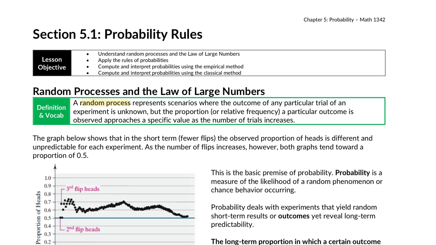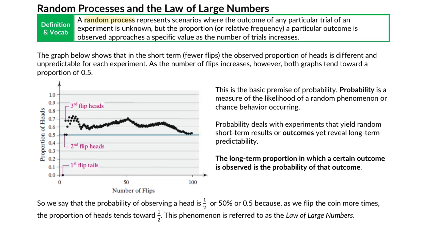So what we're explaining here, and the very basics of probability, you're going to naturally understand. This table is representing the relative or cumulative frequency of heads versus tails when you flip a coin. The very first time we flipped a coin, we got a tails. So we have a 0% proportion of heads. The second time we flipped it, we got a head. So if we had one head and one tail, it's like they cancel each other out, so half of the time it's heads.